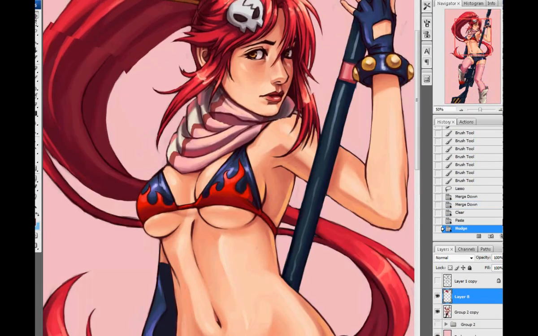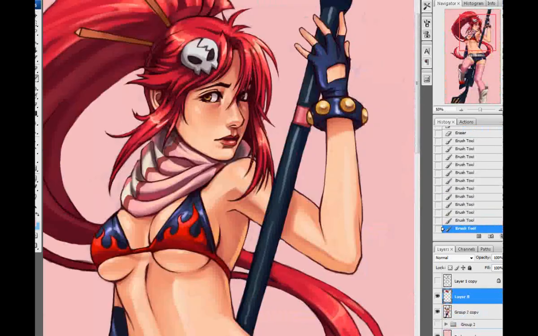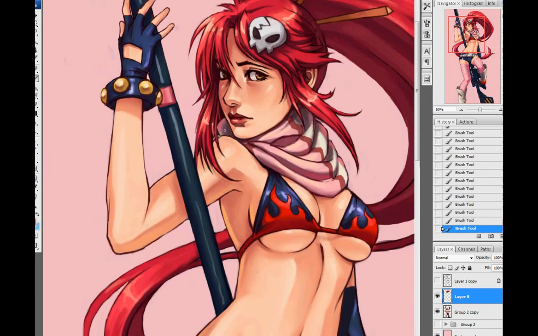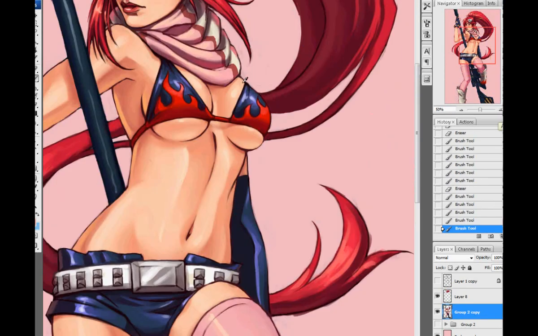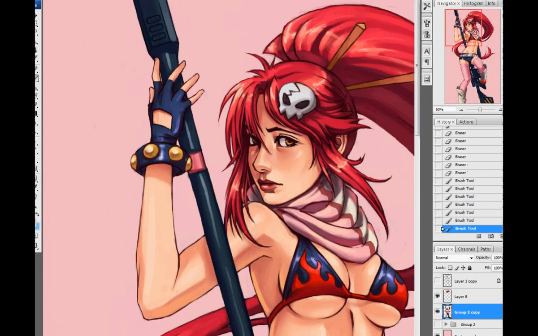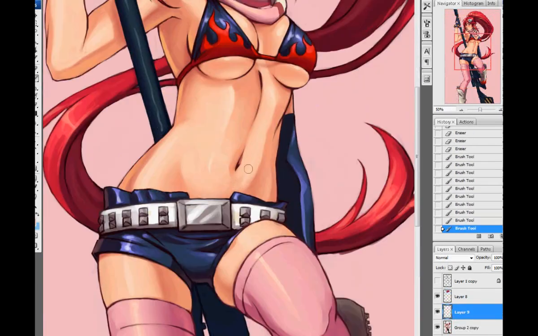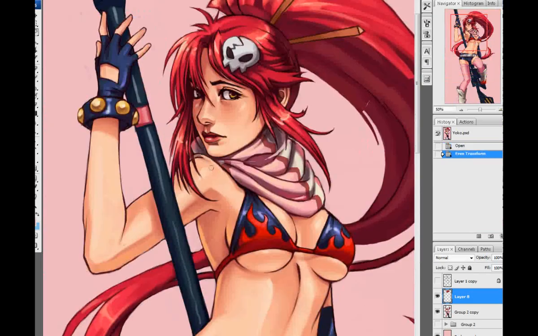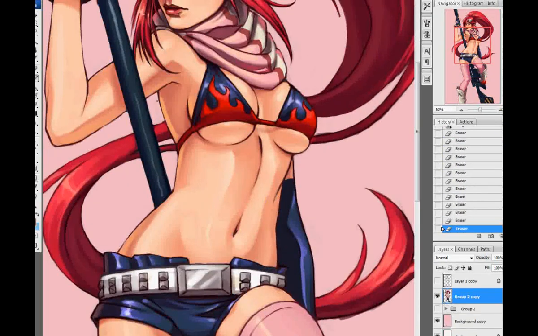So as you can see, the painting's going on. This is a good example of a picture where I took a little bit too much time. Nowadays I probably wouldn't spend this much time on a drawing, because I'm on tighter schedules. If I want to get a project done, I've got to really bust it out quick.